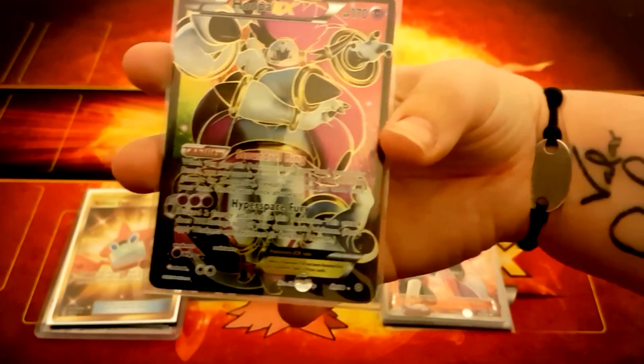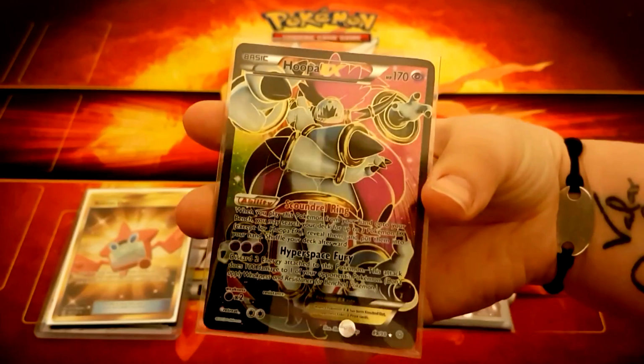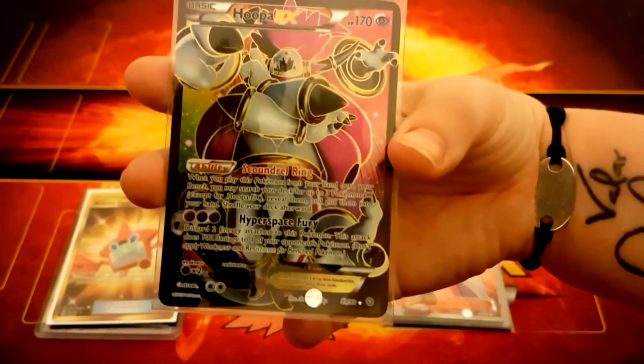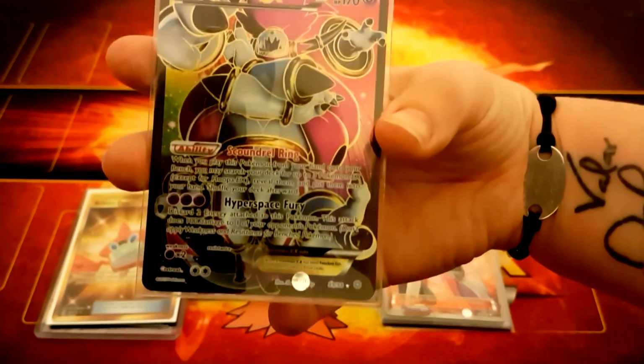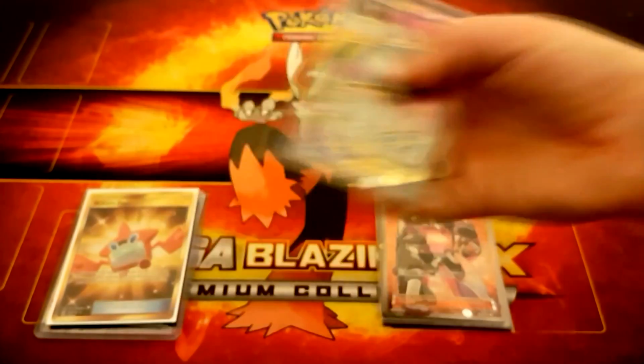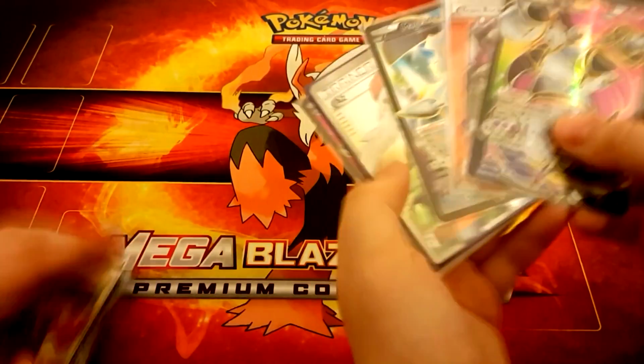We really need to get you the Unbound one, don't we? Unbound Hoopa. Unbound Hoopa is adorable. I really would love the old Hoopa EX collection box, but I think that was way before our time collecting. But anyway, guys, that is my number one spot, so do you want to just do a little spread out? Those are our...